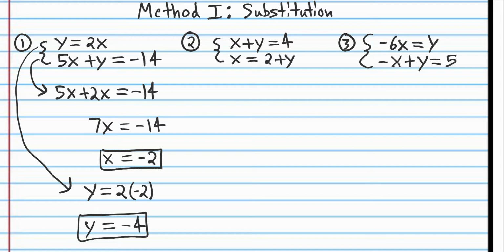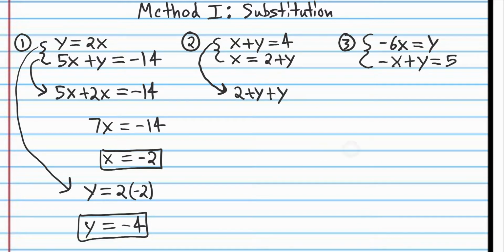All right, so you can see here x is by itself on one side of the equation. So you take the other equation where x is not by itself, and you're going to draw an arrow. Now, you're probably wondering, do I have to draw these arrows? Well, yes, you do. In my class, you do. In my course, you have to draw these arrows because you have to show the reader what you're doing, where you're getting this information. So we're taking this equation and we're going to write this same equation, x plus y equals 4, but instead of writing x, we're going to write what x is equal to. So instead of x, I'm going to put 2 plus y because that's what x is equal to, and then